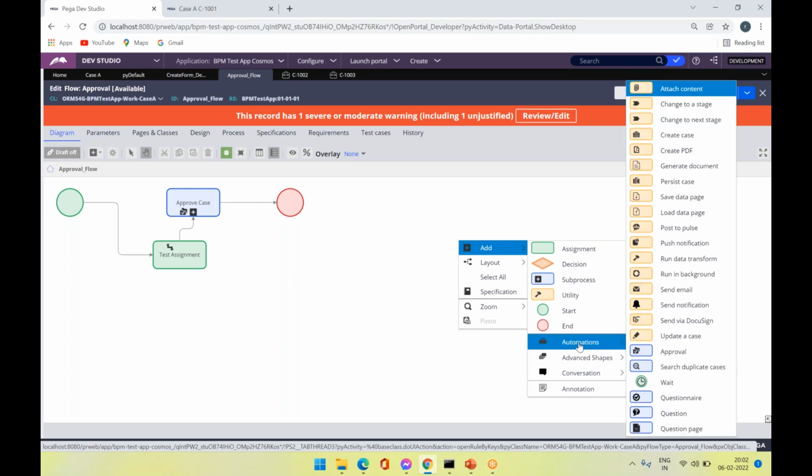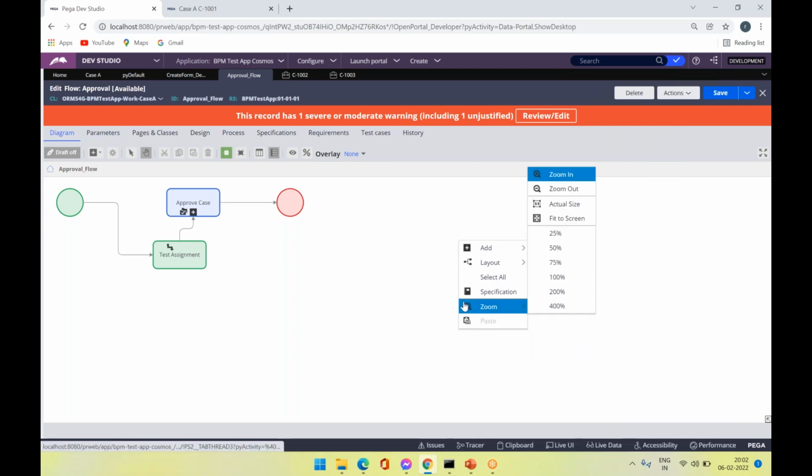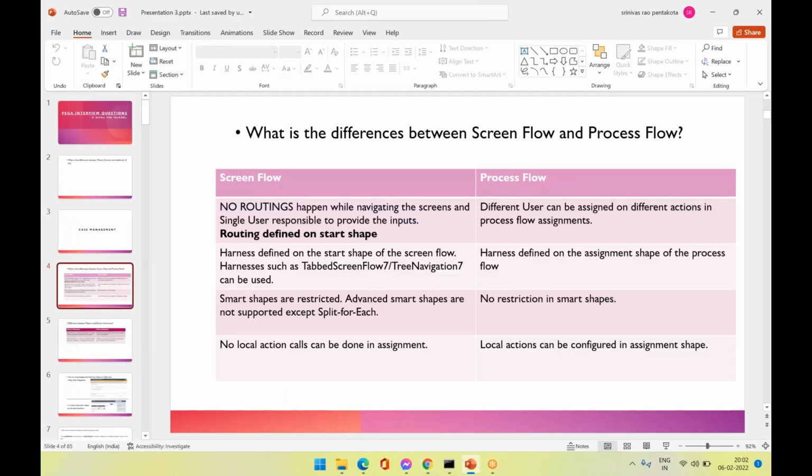Okay, and now coming to the automations, all these options are available even on our screen flow. So you can say only the split for each is the only smart shape from the advanced smart shapes which is supported in the screen flow from the process flow. All right,